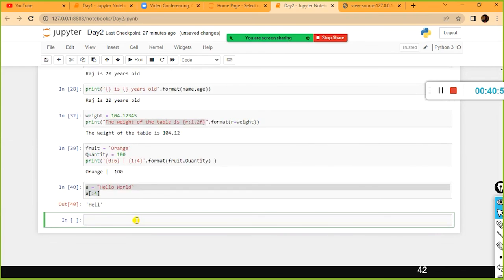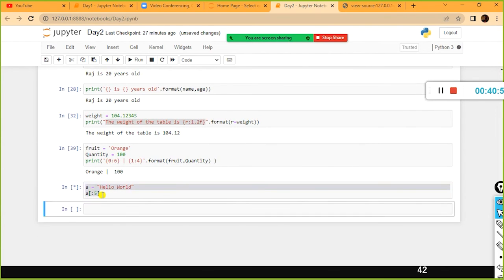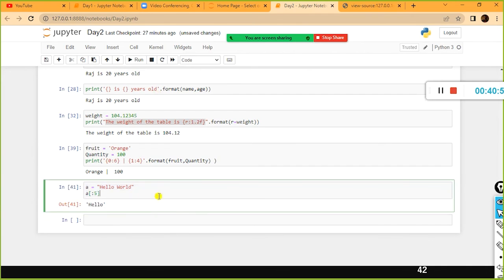Right, so it gives me help. Hello. Starting from the 0th index till this one, so hello, it prints correctly. And so what I'm going to do is give some meaning from it, right? So welcome to the